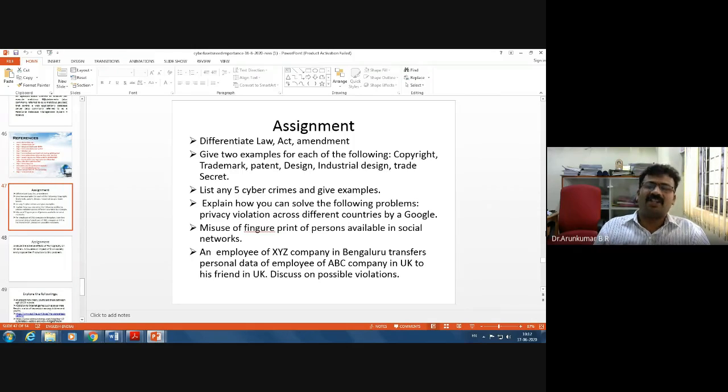Our personal credentials are available on the social networks to the public, and the public, especially malicious users and cyber attackers, can misuse fingerprints available on the social networks, because on our own we have shown the victory mark and we are responsible for putting our fingerprints into the public domain. Then it is room for the cyber attackers to encash such opportunities.